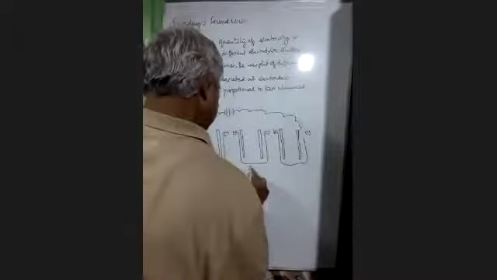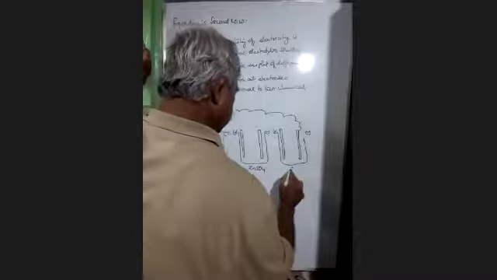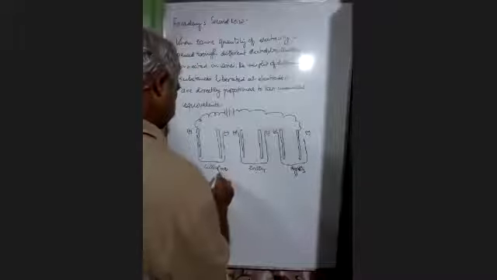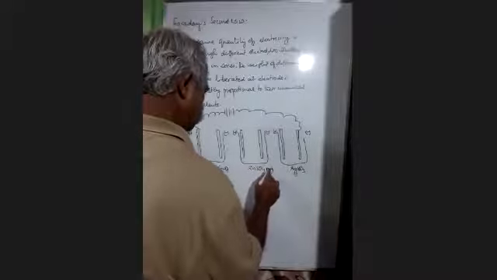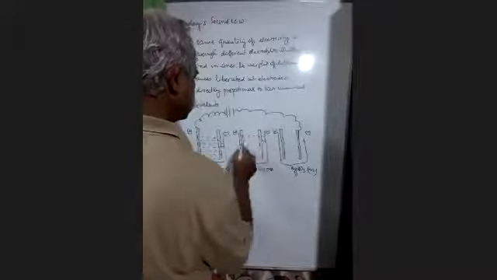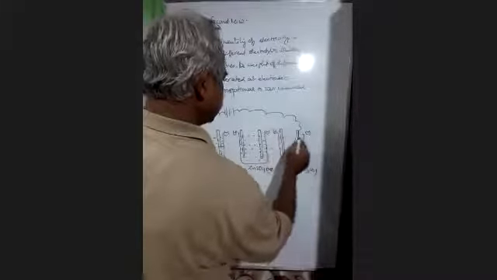Now say here you have taken a copper circuit, here you have taken a zinc circuit, and here you have taken lead nitrate. When I pass the same quantity of electricity, because it is connected in series,